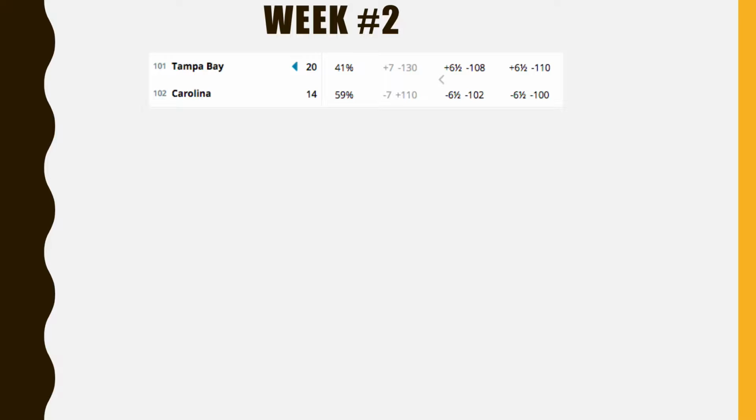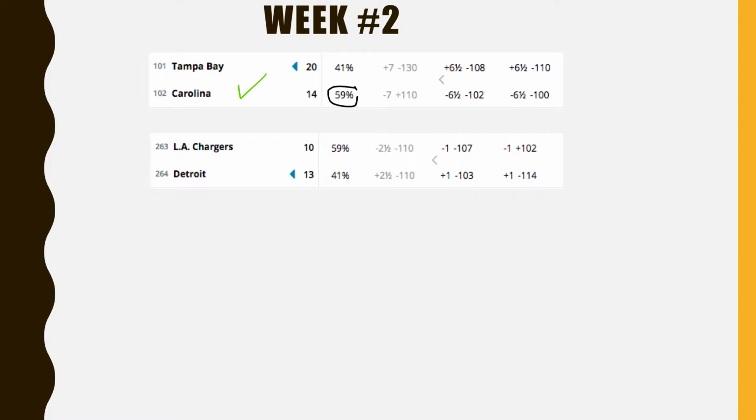We've got Tampa Bay, Carolina, 59% on Carolina. And again, just to make a note about lines, it's all about public perception. This was early in the season. Carolina was perceived by the general public as being the better team than Tampa. So the odds makers don't necessarily set a line the way I would set a line. They set the line based on how they feel people are going to wager on this game. And they actually guessed correctly in this situation because they knew Carolina would be heavily bet, and they were at 59%. However, Tampa Bay actually pulled off the upset and won this one.